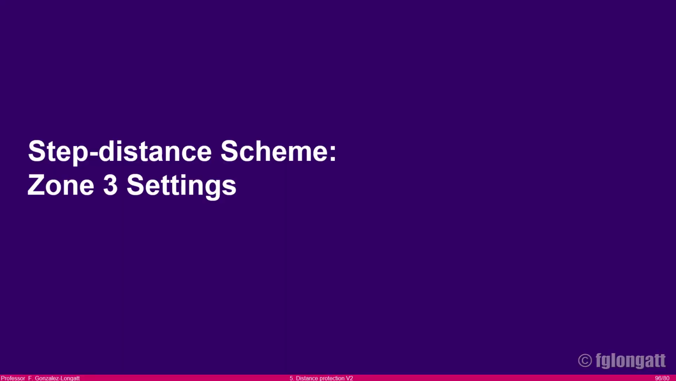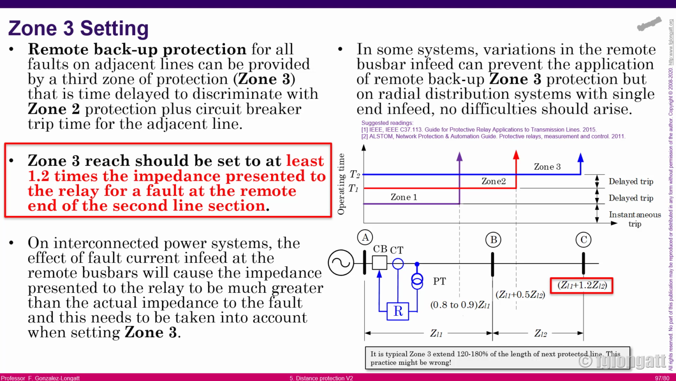Finally, I have here the step distance scheme, zone 3. Okay, zone 3 again is a time delay operation. It's a time delayed operation. A similar principle to zone 2 applies. I mean, it is the operating time of zone 2 plus some time interval. And what you need to understand is that zone 3 must be selected at least